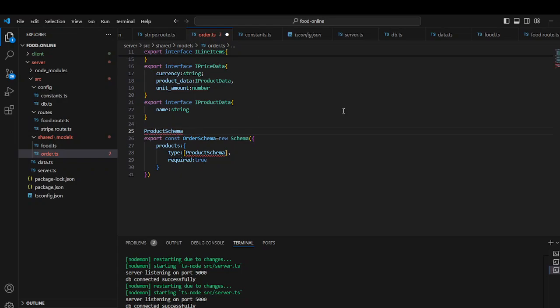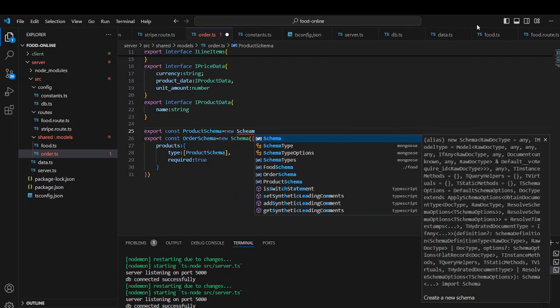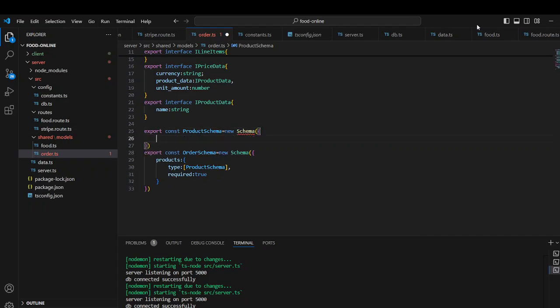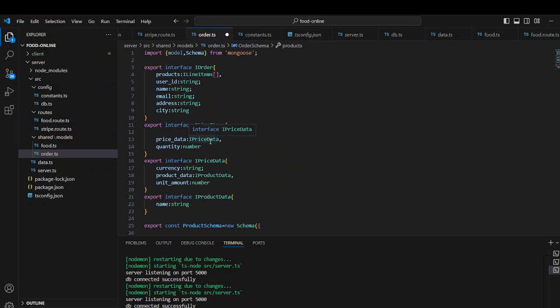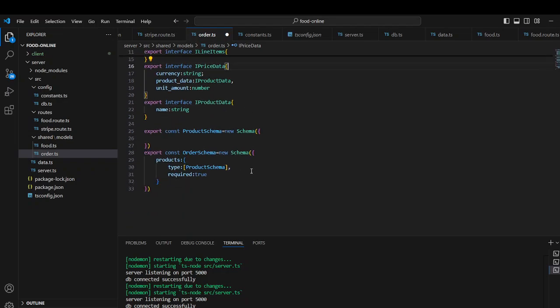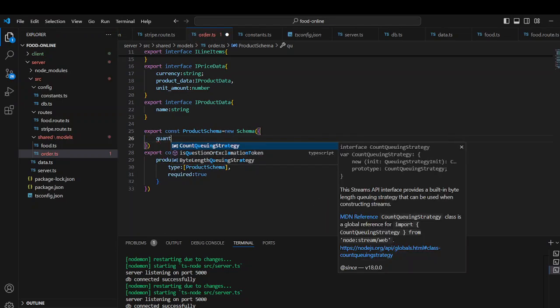Let's paste it here. Export const product schema. What will it contain? Here you can see, product schema we have created. So the schema will be basically containing the line items. So we need to add line items to the schema. So inside the product schema we will be having quantity and price data. Let's add those properties. Quantity,